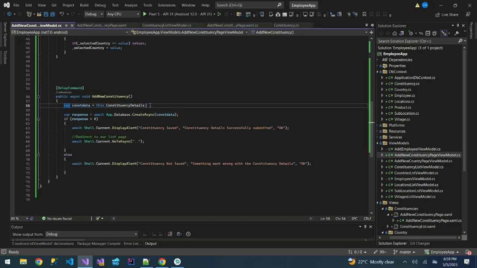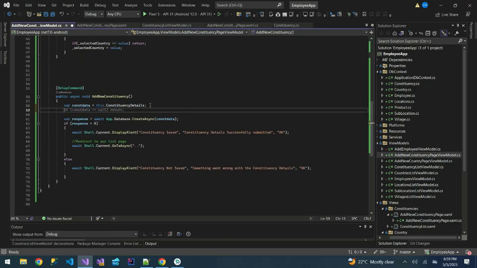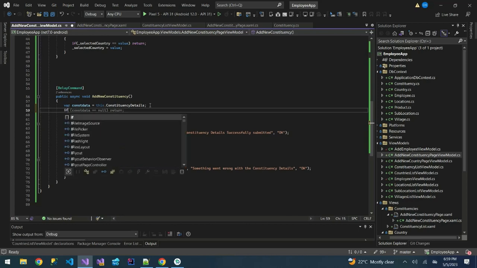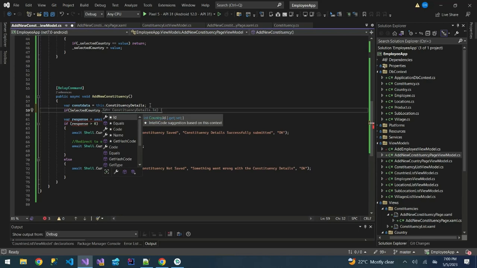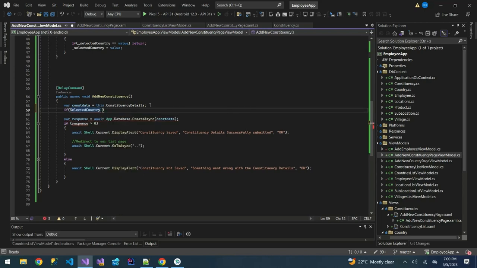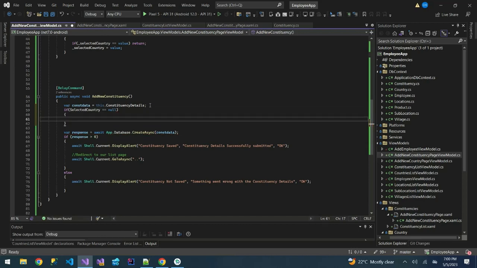So come here, then we can say if selected is equal to null. We want to ensure that the user actually selects the